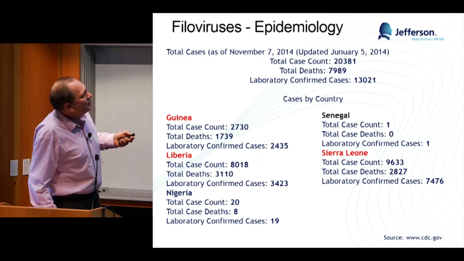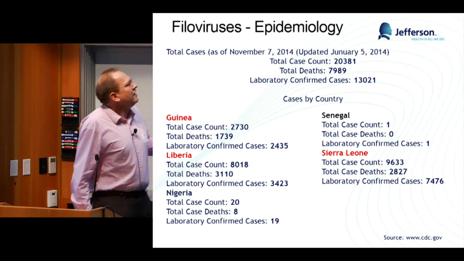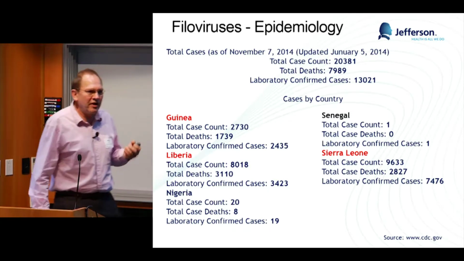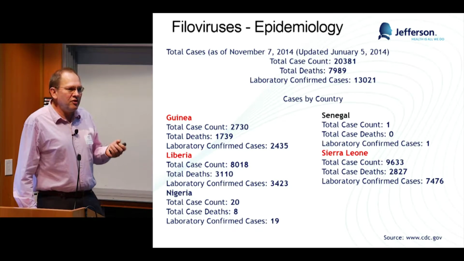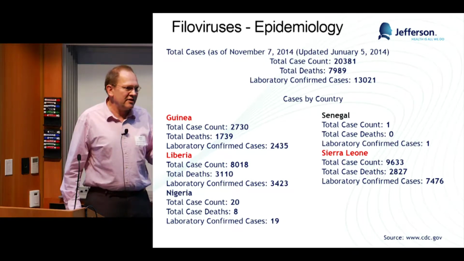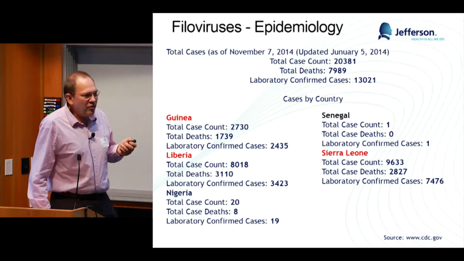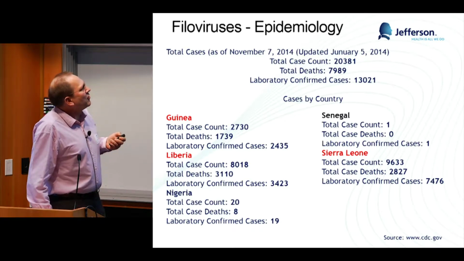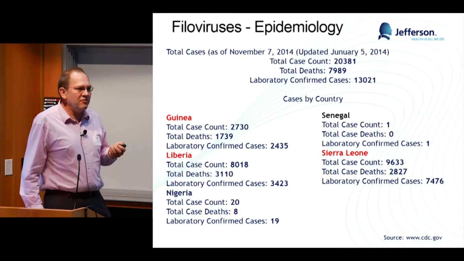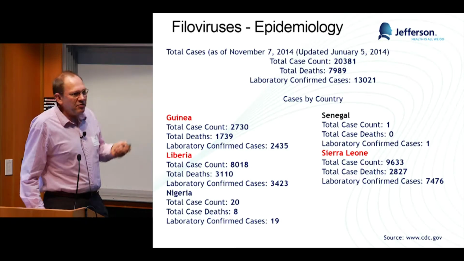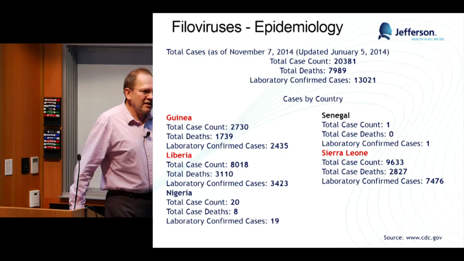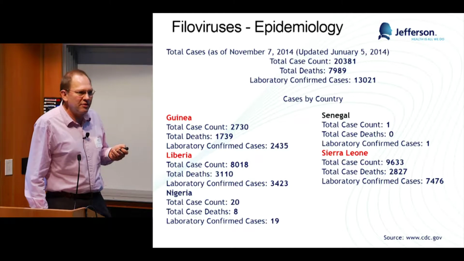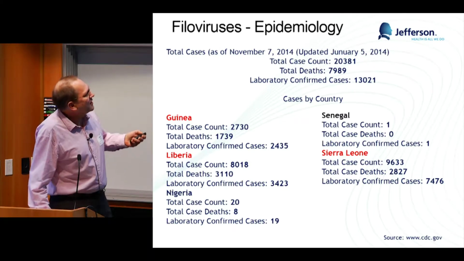This is really important, and I don't know if people appreciate it, that the confirmation of these cases is so important, because West Africa has a lot of hemorrhagic diseases. If you lived there and had Lassa fever, which is not as deadly as Ebola, or yellow fever, or another hemorrhagic disease, or malaria with high fever, you really don't want to get together with the people having Ebola. So the diagnostic system is really important, so that these people trust to go to the hospital for treatment. Okay, and those are the case numbers.